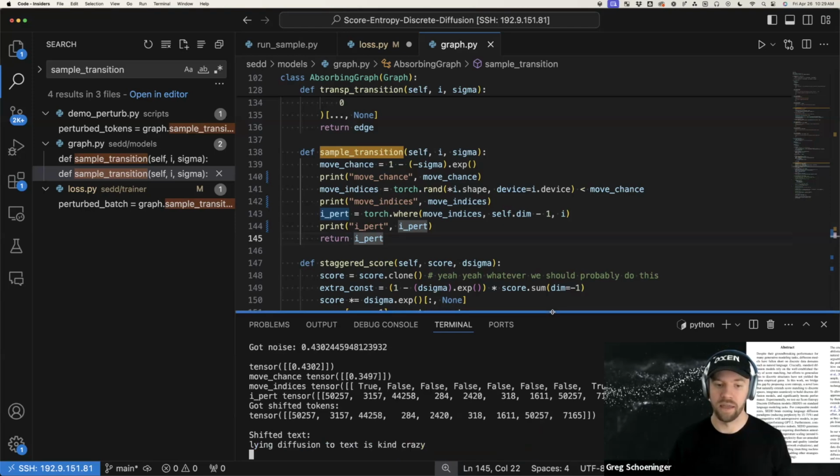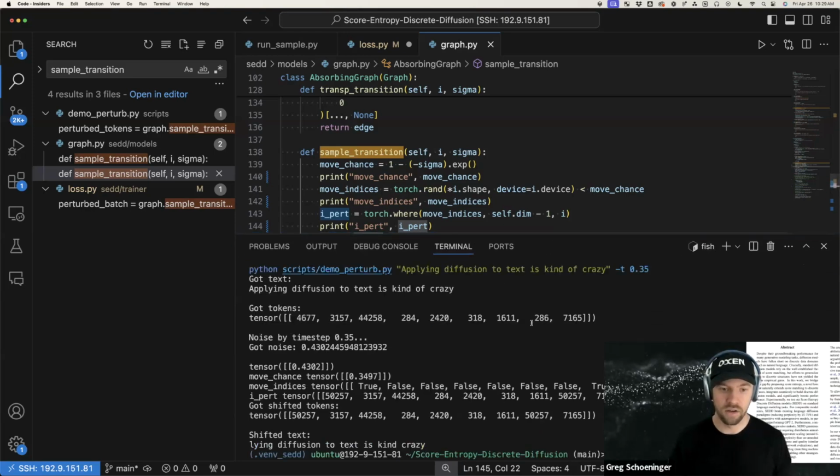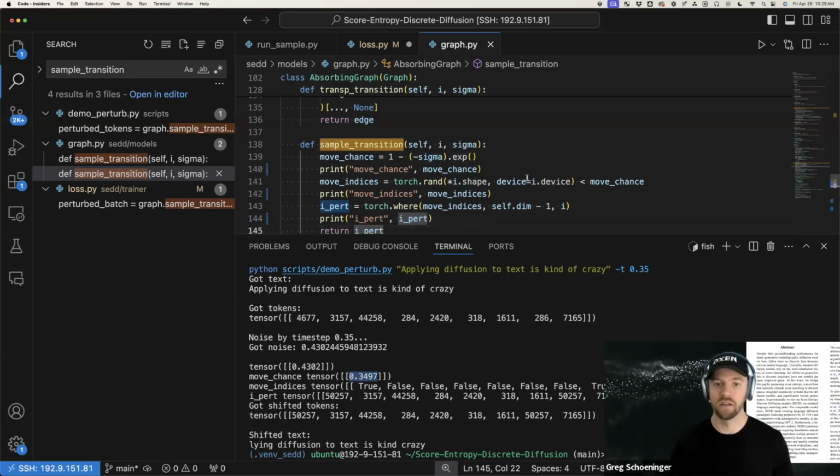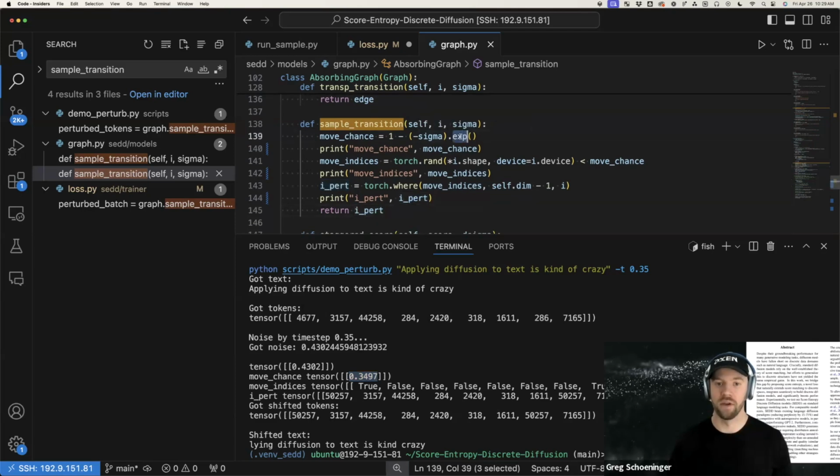If we look at what that all looks like together, you can see that they compute this move chance. And remember, it's log linear noise, so that's why they take the exponent here to reverse the log. And now you get out a move indice